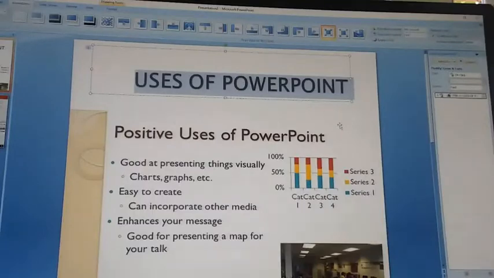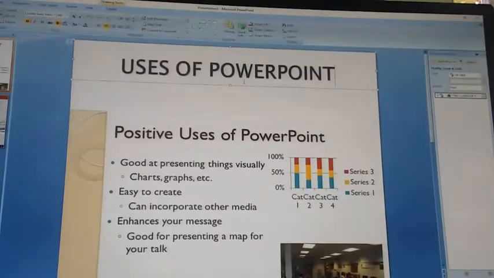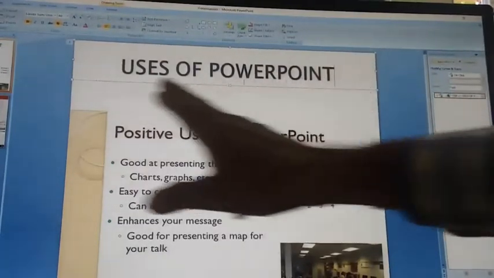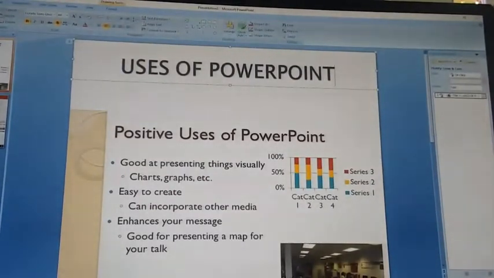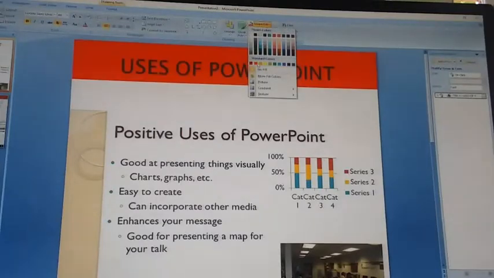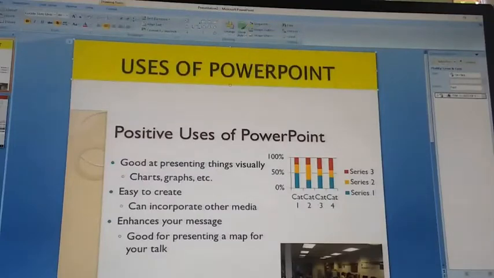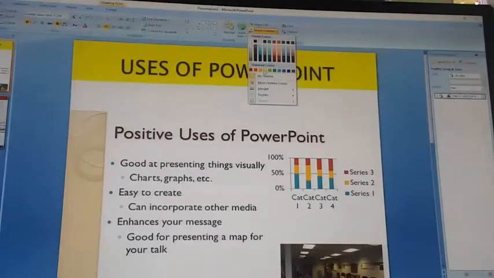OK. We can give it also only to the single layout, art title. Here we can give the color also. In the home tab, shape fill option, click and choose any of the color design. Like this we can do also. OK. And shape outline is also there. We can give the outline color.